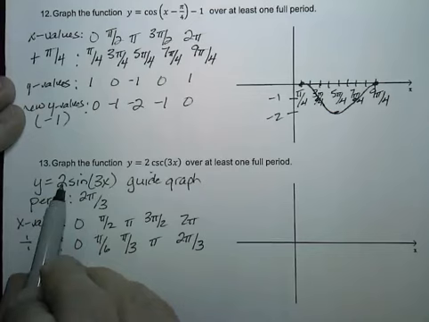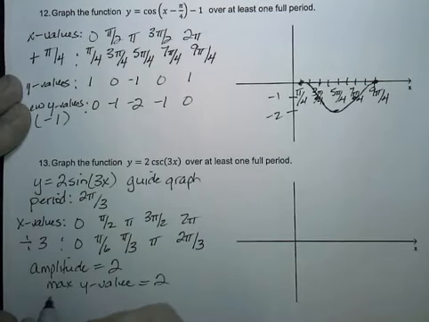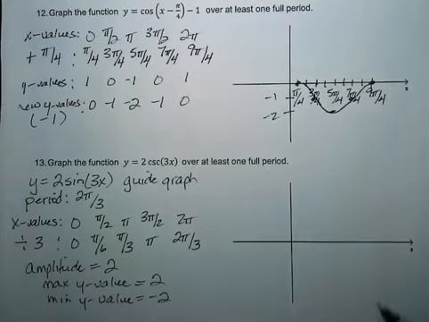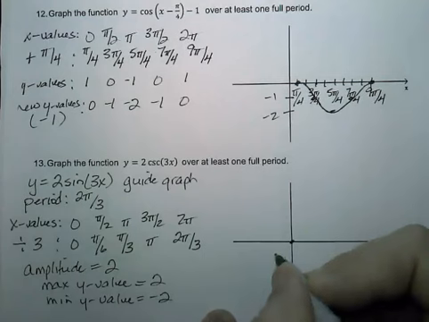For the sine, we can look at this multiplier on the outside. That's going to change the amplitude. The amplitude is going to be 2. There's no reflection since there's no minus, so this just means our maximum y value is 2 and our minimum y value is -2. Now sine, remember, starts at the origin and goes upward from there. We're still going to start at the origin,